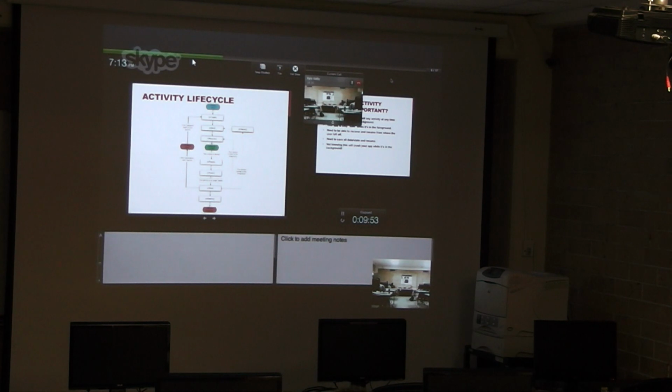Let's say the user hits the home key and your application goes to the background. This means that it's going to go through this onPause event. So it's going to hang out in this onPause state, and then the onStop event. Once it's in this backgrounded state, it's sort of in limbo. It can either go through this onRestart, onStart, onResume and be back in the foreground, or the operating system may